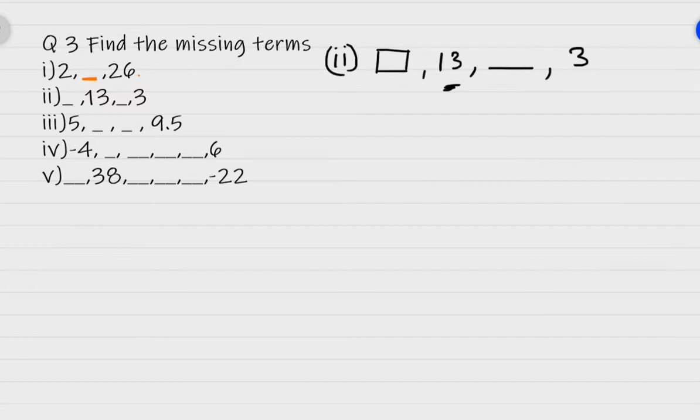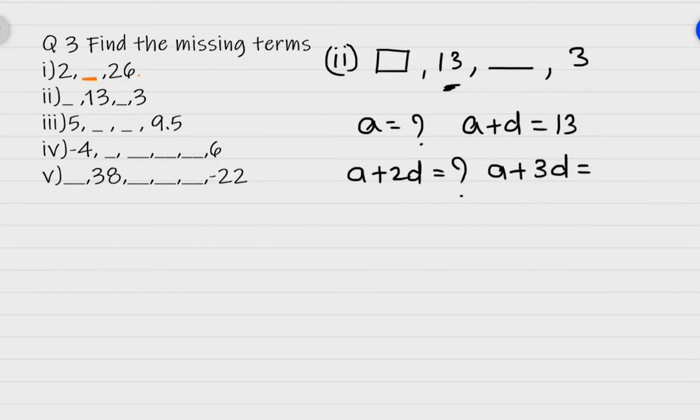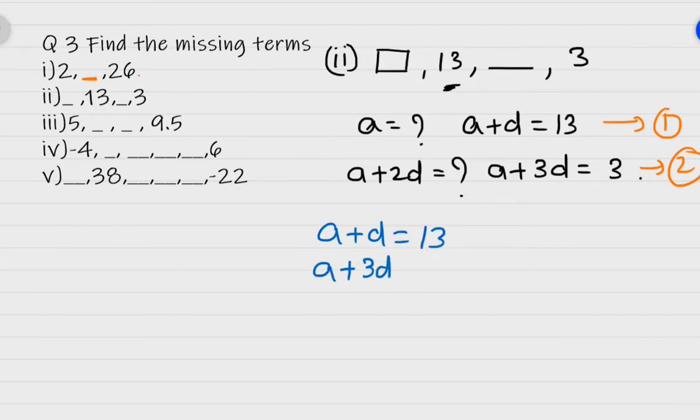Okay. So let us see, you don't know the value of A. The first term A is not known. The second term A plus D is equal to 13. The third term A plus 2D is again not known. And the fourth term A plus 3D is known to you, that is 3. Now see here children, from these two equations, A plus D and A plus 3D, you can easily calculate the values. Let us take A plus D equal to 13 and A plus 3D equal to 3 and then subtract the equations from one another.